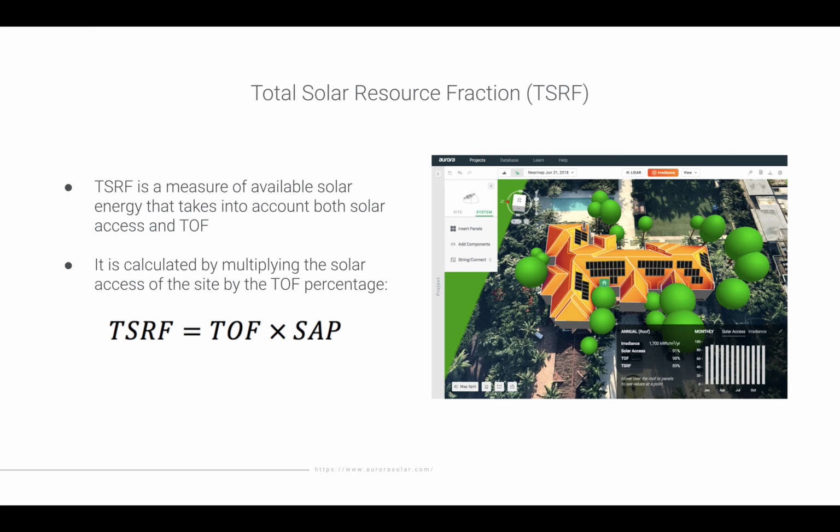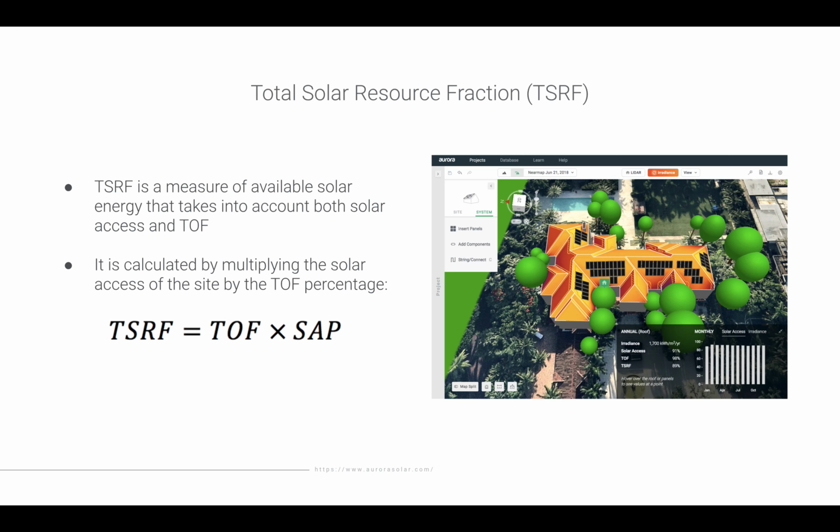TSRF can be calculated by multiplying the solar access of the site by the TOF percentage. TSRF provides a more complete picture of how much solar energy will be available for the solar panels to convert into electricity. This is because it takes into account both the percentage of available solar energy at a given shading, solar access, and how much of that energy will reach the surface where the solar panel will be mounted given its